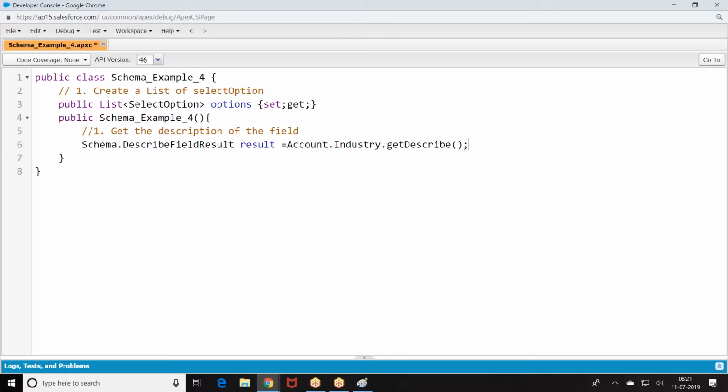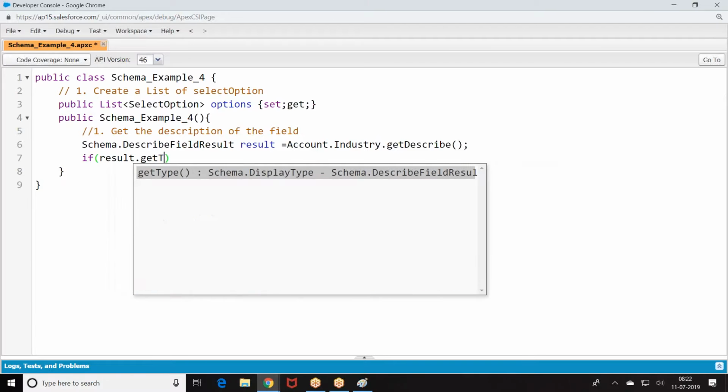Get the description of the industry field. Once you got the description of the industry field, I want to check out the property. What is the property? If result dot get type